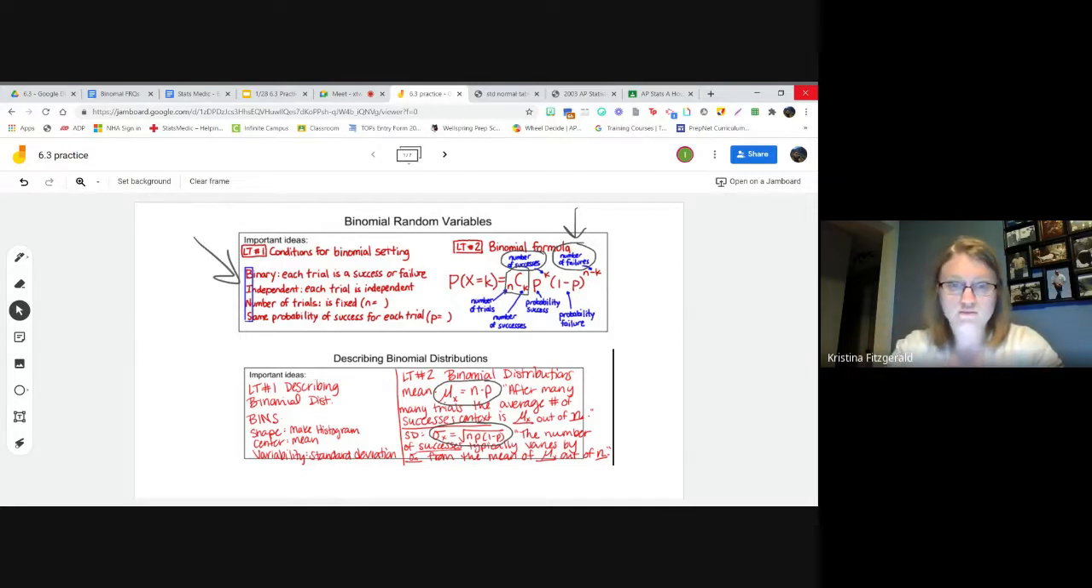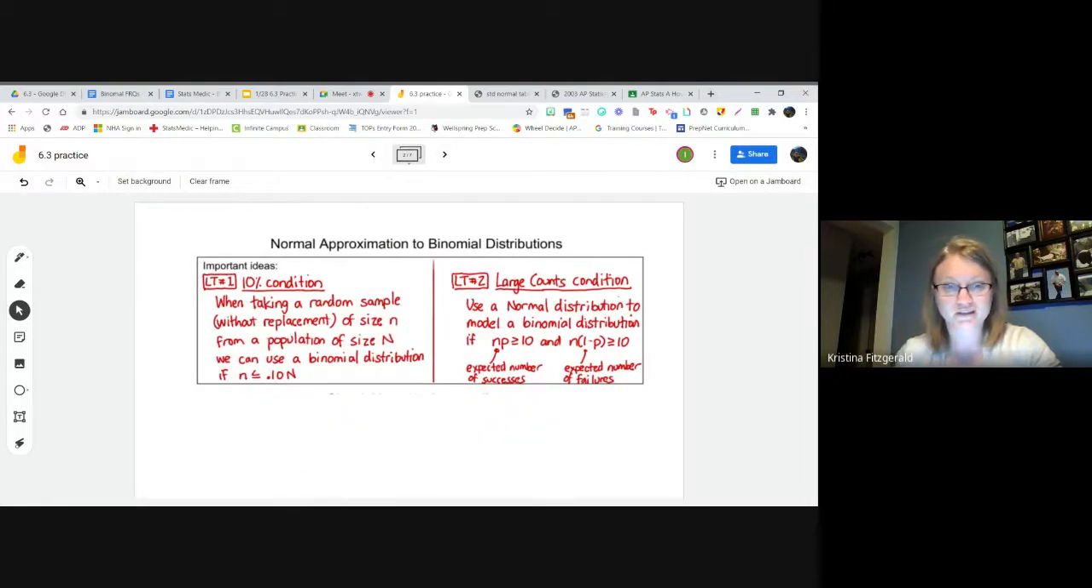And then from yesterday, we did two different conditions. Sometimes situations look a little wonky and we don't know if they're exactly binomial or not, but there's two different conditions we can check where we essentially feel okay, or we can use something else to approximate a probability. So for the 10% condition,